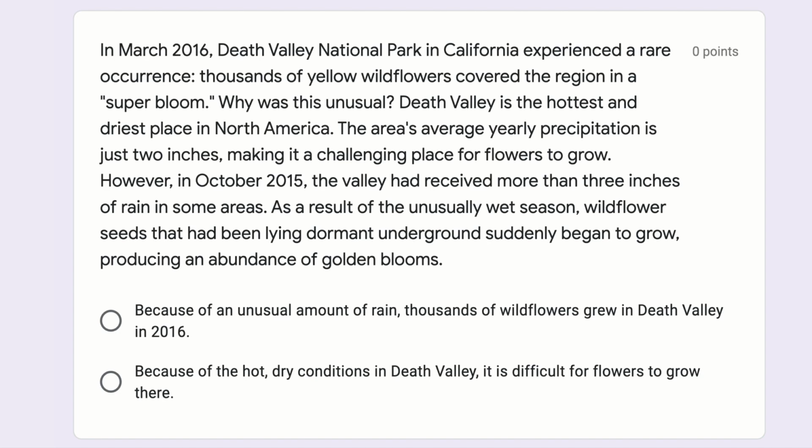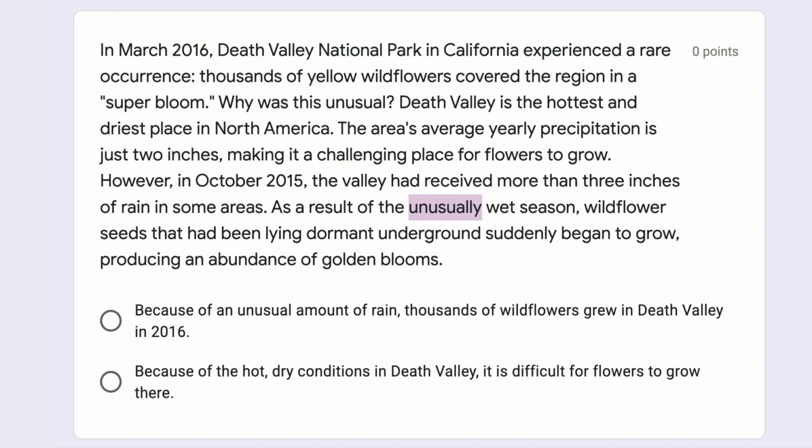Okay, so what is this text mostly about? Well, it seems to be about wildflowers growing in Death Valley. What does the author want me to know about wildflowers growing in Death Valley? I noticed a word that was repeated. We have unusual up here, and we also have a different form of it right here: unusually wet season. So that helps me figure out what they're focusing on, which is this occurrence that doesn't normally happen: wildflowers growing